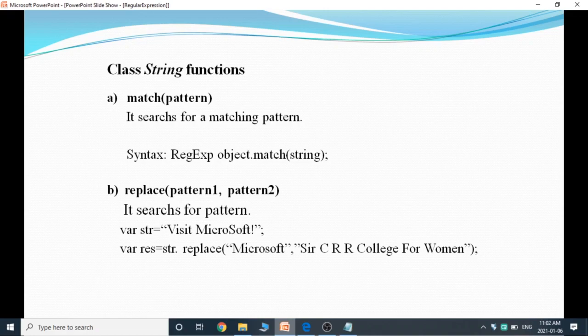In the next statement, string dot replace Microsoft with search URL college for women. If a matching pattern Microsoft is found, then it will replace Microsoft with search URL college for women.